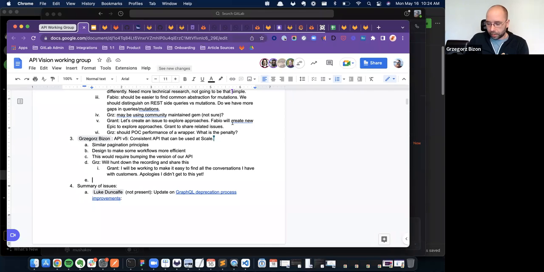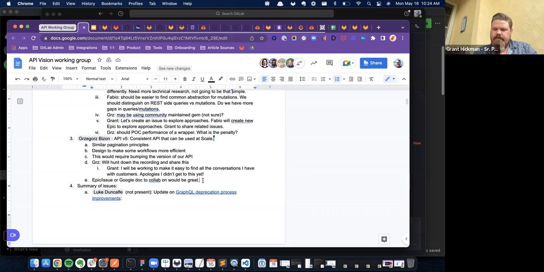Yeah, and it would be great to have some kind of an epic or issue or a Google Doc to collaborate on, because there are some ideas like introducing bulk APIs that we don't really have right now, or extending our group API so that there are bulk operations or projects and stuff like that. So these are things that are only important when you are using the API at a very high scale. And so far we were unable to introduce endpoints like that that would make life of the biggest customers much easier.